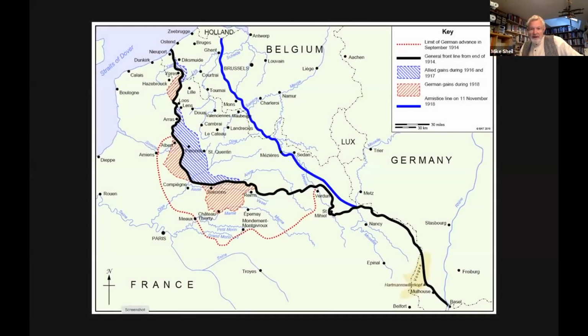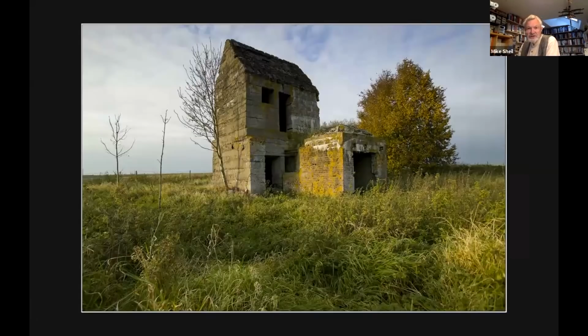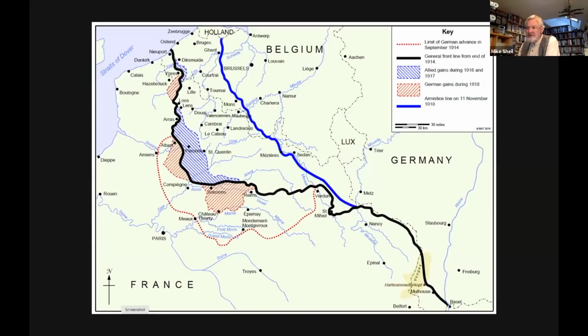British battlefields, we rather lose the fact that the British battle line at any one time, at its longest extent, sorry, I pressed a button I shouldn't have done, really only extended for about 100 miles, this area here. And the rest of the Western Front is this whole area down here, which was basically French maintained. And I think sometimes, since we should be called the Western Front Association, by visiting French battlefields, one sees very often far more than one sees at the rather laundered battlefields of Ypres and